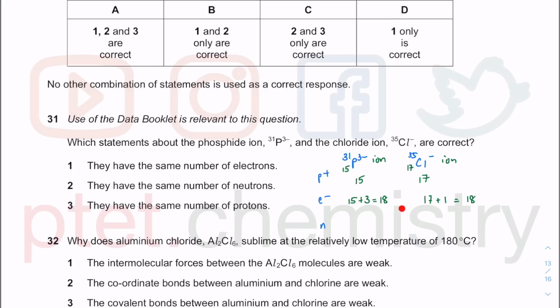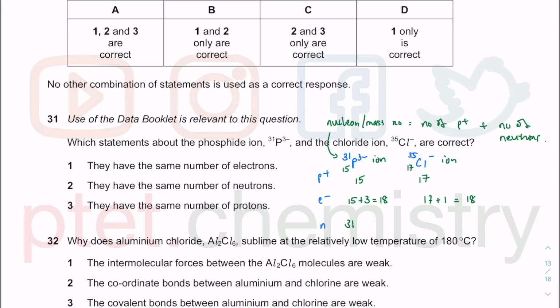They have the electronic configurations of argon, but they still retain the identity of being a phosphorus and a chlorine due to the number of protons not changing. The nucleon number, the number on top, or the mass number, tells you how many protons and how many neutrons you have in the nucleus of an atom, whereas the proton number only tells you the